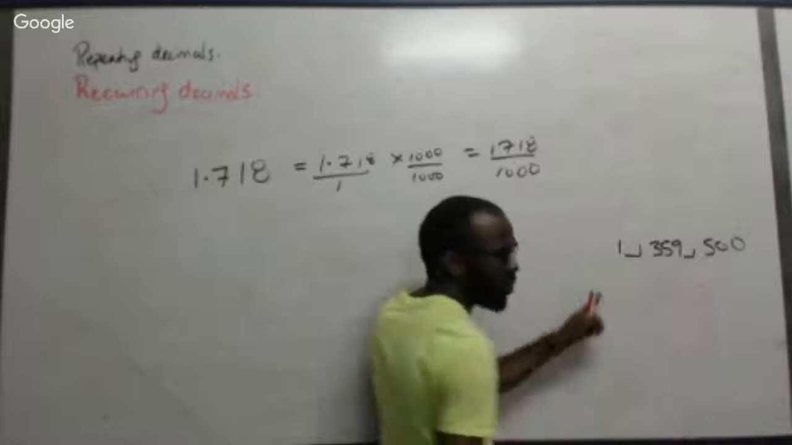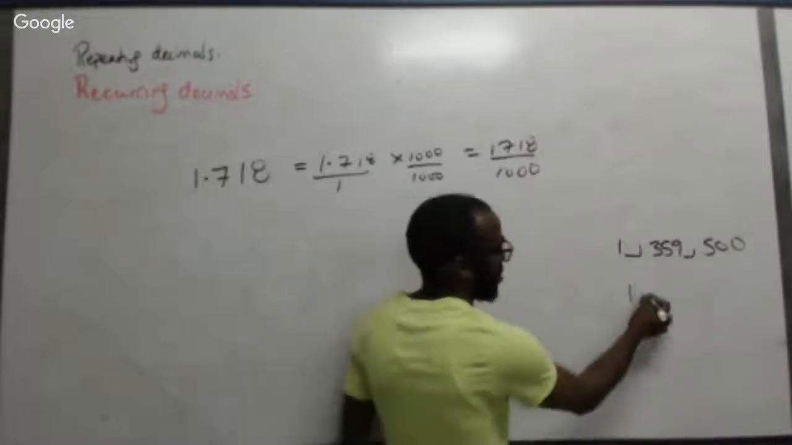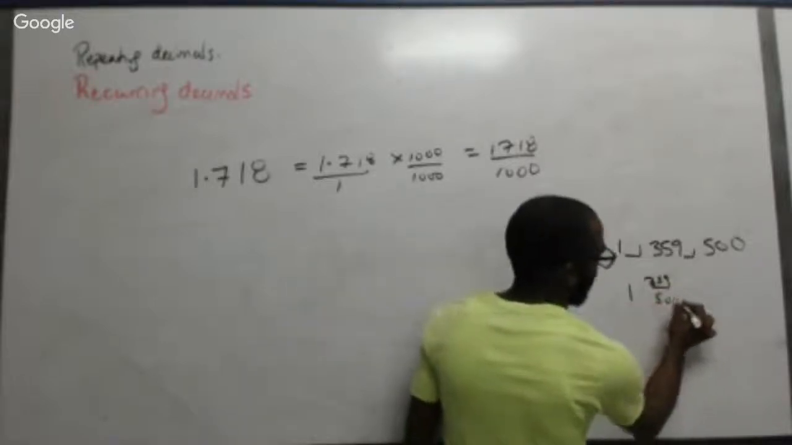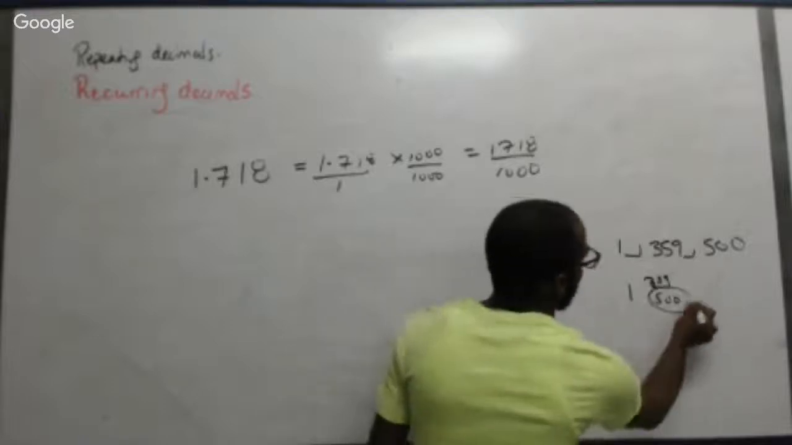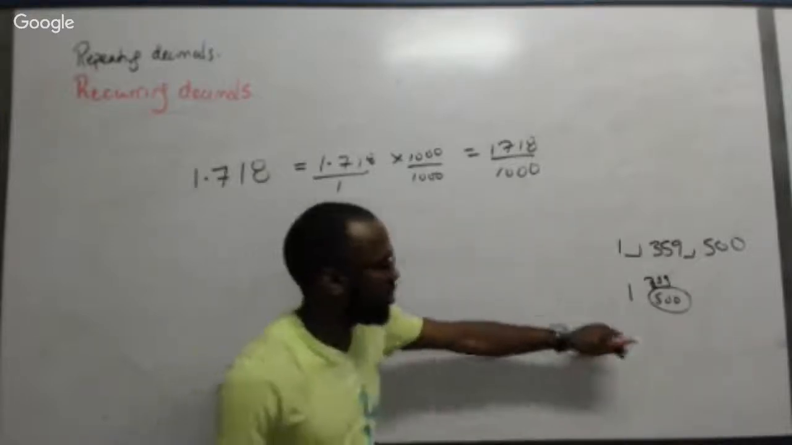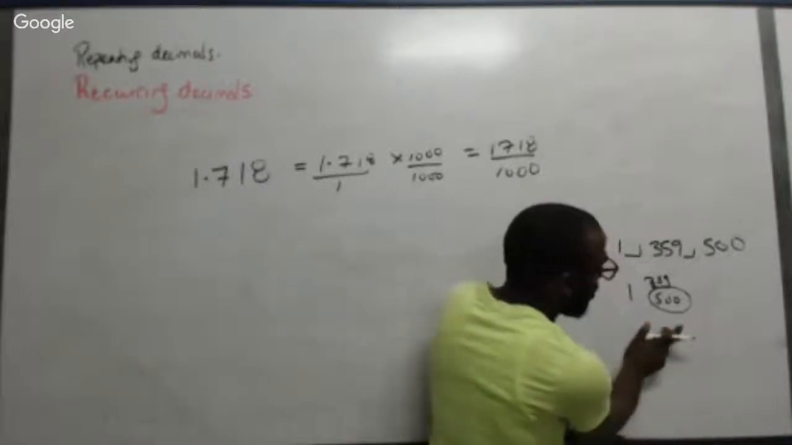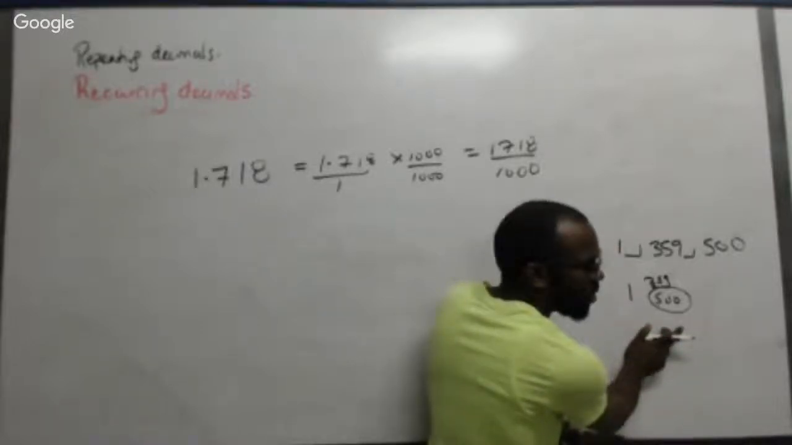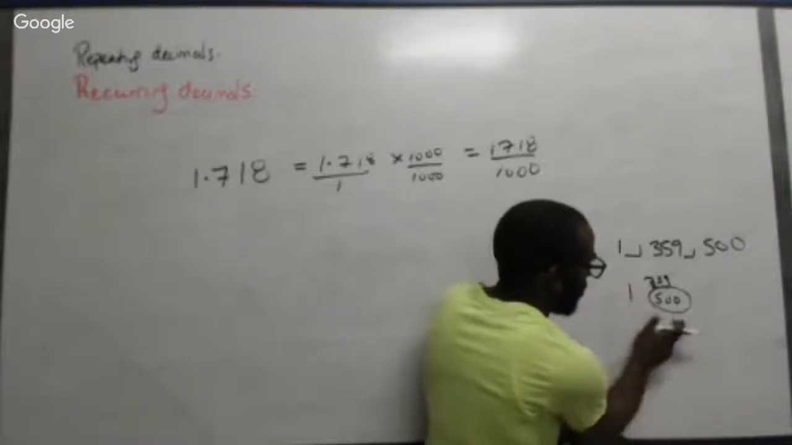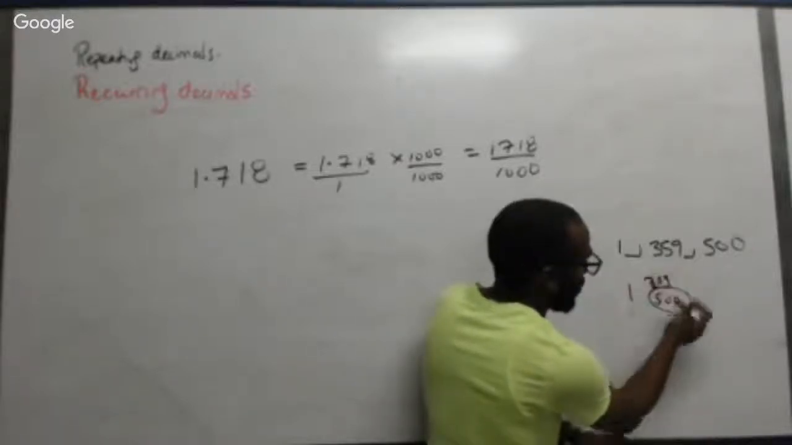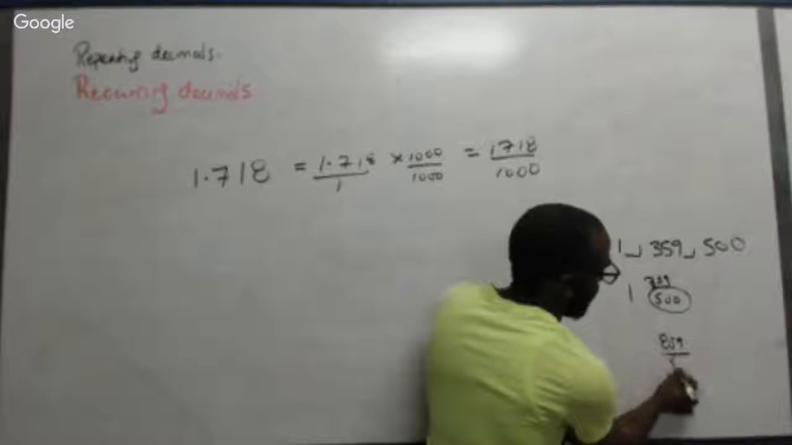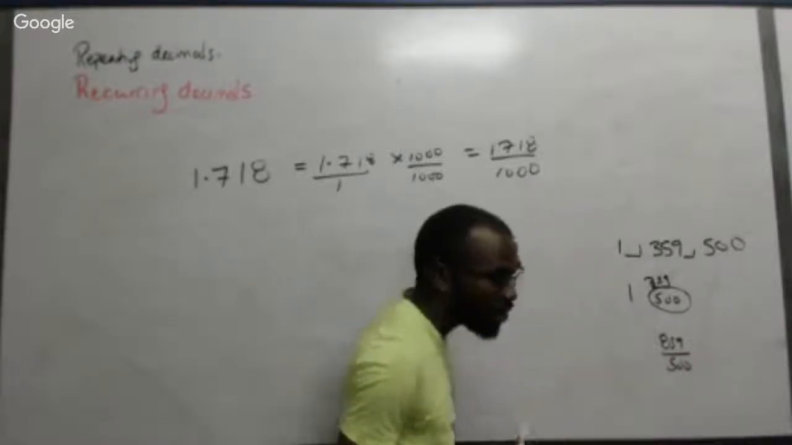Let me show you. We know how to read that, right? It means 1, 359 over 500. Importantly, if I wanted to, you could simply say 1 times 500 plus 859 upon 500, right? Yes. Or you could say